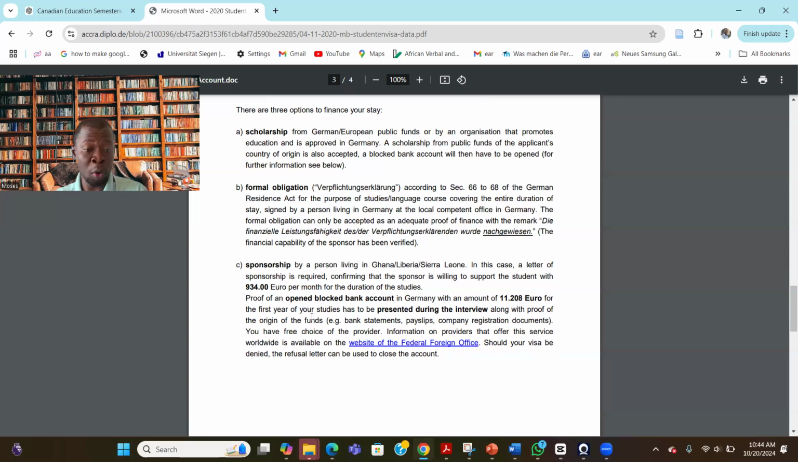This is what we call the block account. With this block account, you need to show that every month you can provide 934 as living expenses. And how can you show that? You have to accumulate up to 1 year, which is 11,280. So with this document,